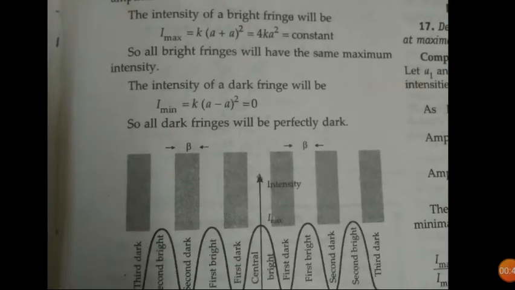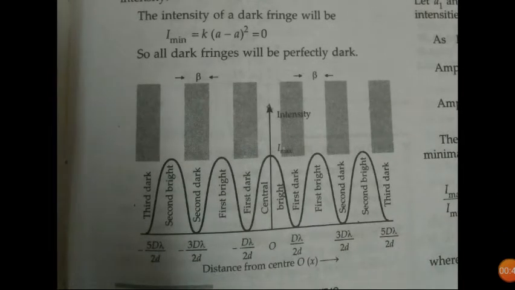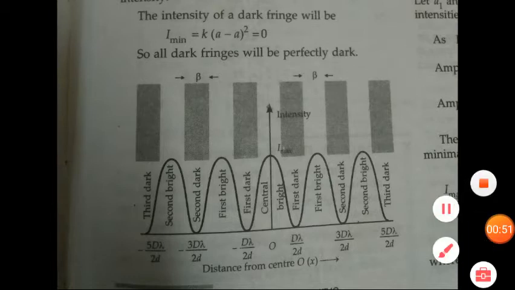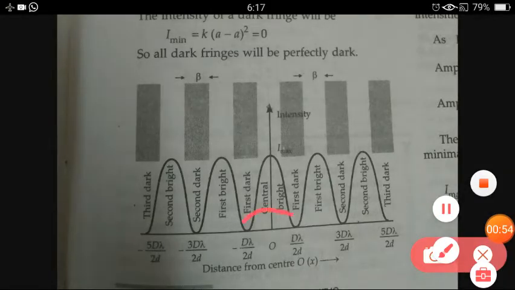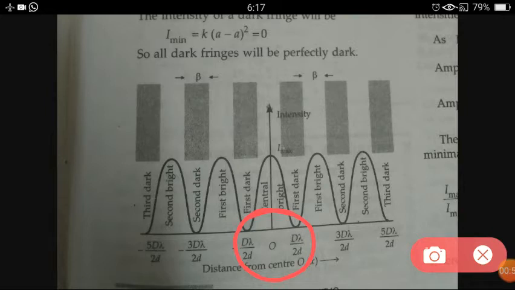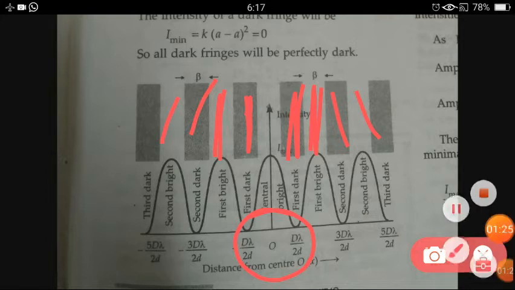So here you can see one figure, okay. Here the central fringe is the bright one, so it is called the central bright. Then this is the first dark fringe, and this is the first dark fringe on the other side. Then this is the first bright fringe, and this is the first bright fringe on the other side. Like that we have so many dark and bright fringes on both sides of the central fringe, okay. So different fringes are there, and according to that they have different energies as well,